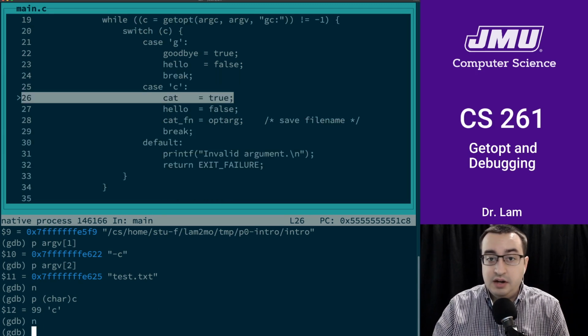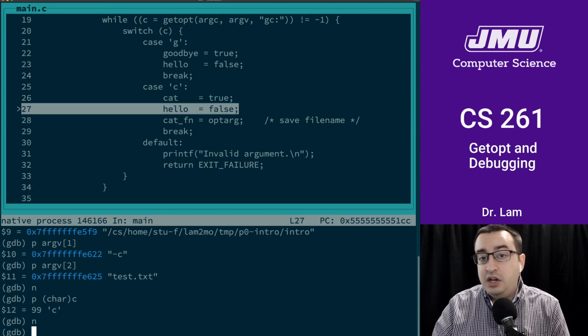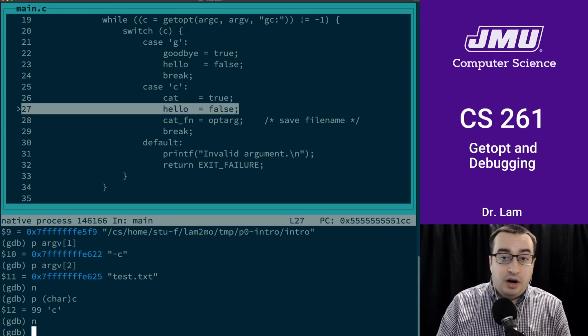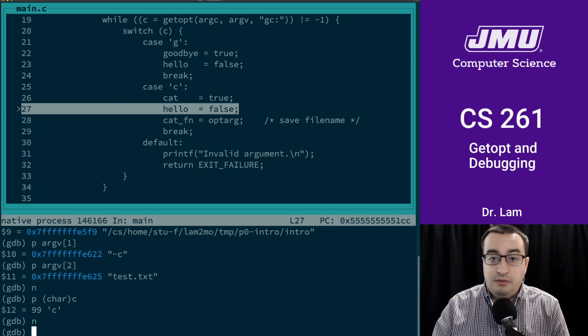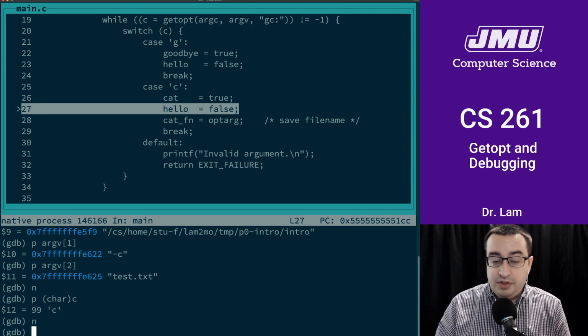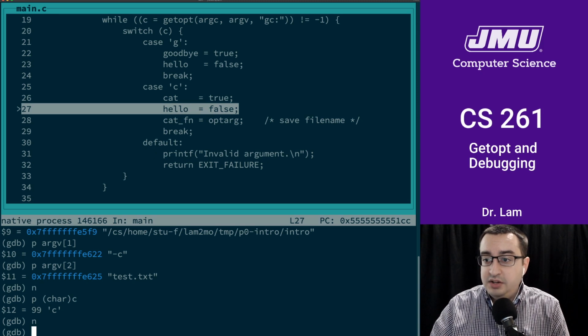So we set our cat mode variable to true, we set hello to false, and then we save opt-arg. So opt-arg is, remember, this global variable, and if you have an argument, as we do for this C flag, and remember that we had to use the colon in the opt string in order to indicate to getopt that we were looking for an argument here.